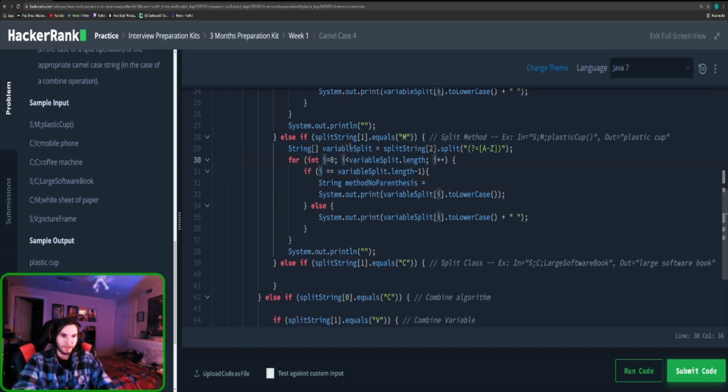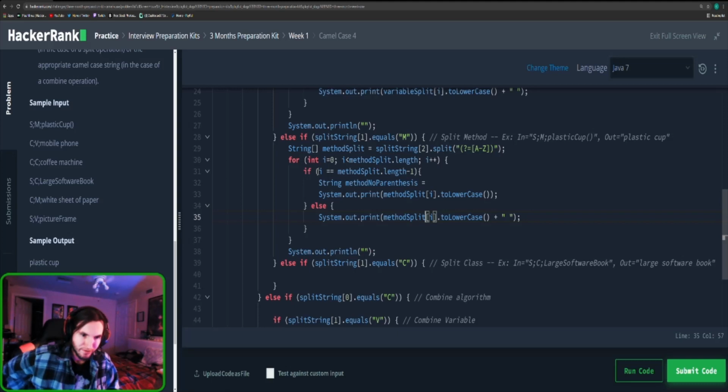You know what? This also bothers me. I changed this to be method split just so I wouldn't get myself confused with the other variables, so I can tell the difference. So now I just changed them all from variable split names to method split. Anyways, so we're in method, so we're setting this to method split, and it's going to be the current word we're on, or string, and we're going to do